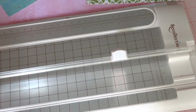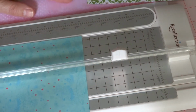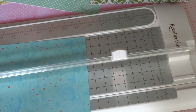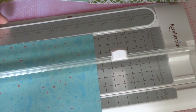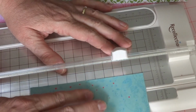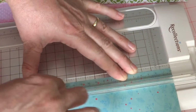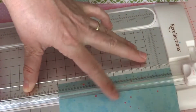So I figured the strips, and it shows 4 different strips. So I've got 4 different prints here. I hope I've pulled out enough. If not, I'll just reach behind me and we'll grab whatever I can find. These strips need to be 1 inch thick, or wide, whichever way you want to think about it. 1 inch wide